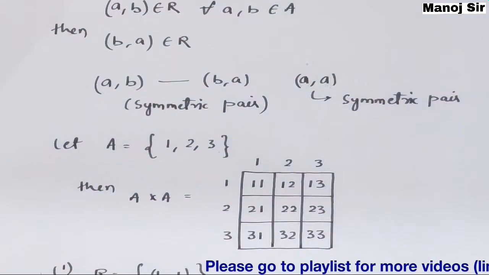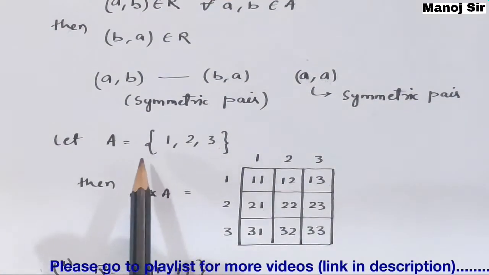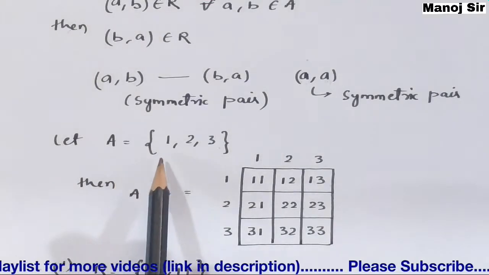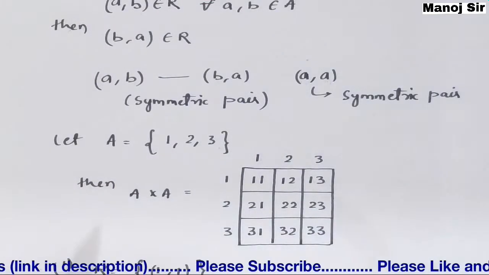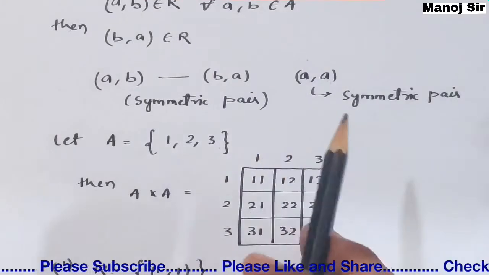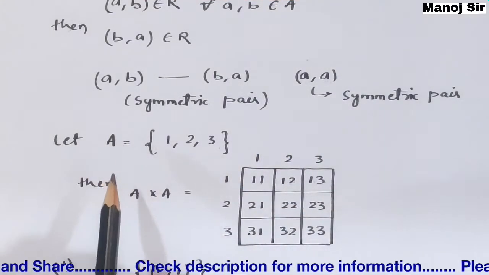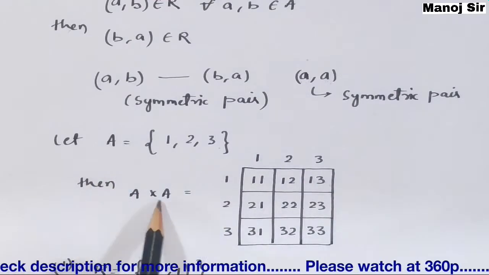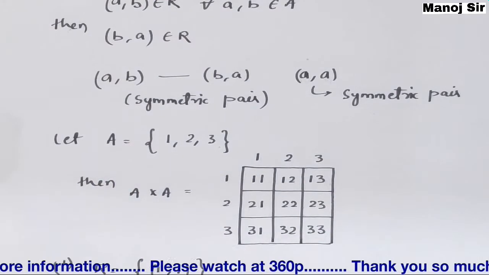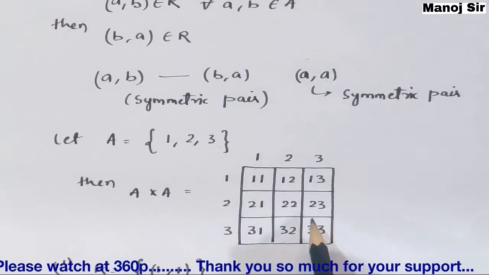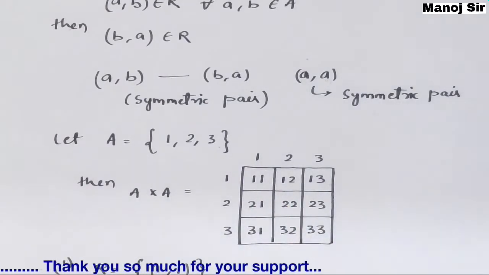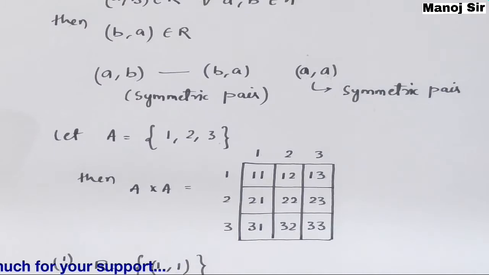So let us discuss in brief. Let us say you have this set A, with elements 1, 2 and 3. Now since we are studying relations, we need the Cartesian product. For that we will take the self cross product of this set A, that is A cross A. Here we have 9 pairs, or you can say 9 elements that are in pairs.